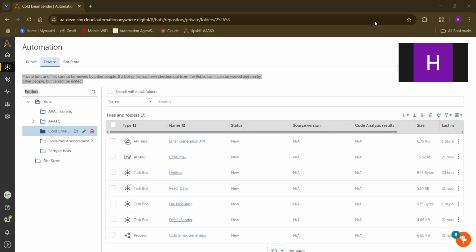It also helps to automate supplier negotiations and contract management. And the final one, the manufacturing industry: it helps with predictive maintenance, prevents equipment failures, and automates quality control and production scheduling. Not only that, it enhances efficiency by integrating APA with IoT tools.